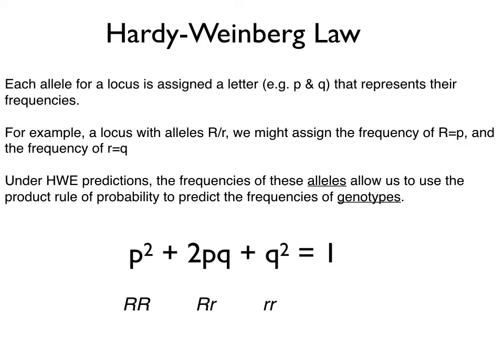I don't know how many times I have taught the Hardy-Weinberg equation, and people are not able to explain that each of these 3 components of the Hardy-Weinberg equation represents a genotype. p squared, because we equated p with the frequency of the dominant R, p squared equates to the frequency of the homozygous dominant genotype. q squared equates to,